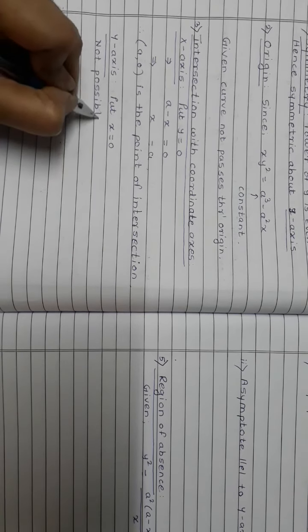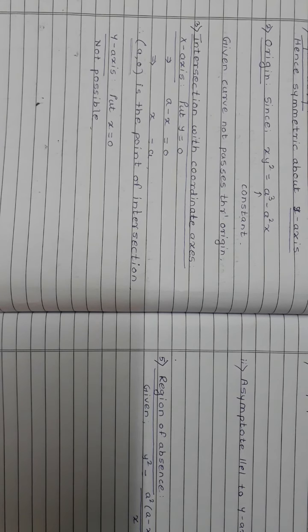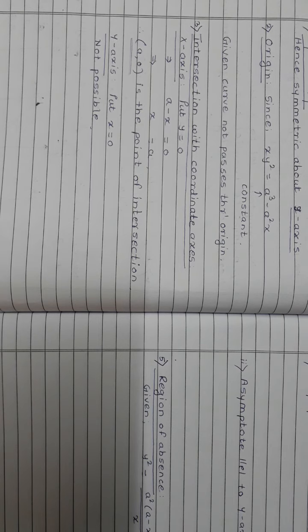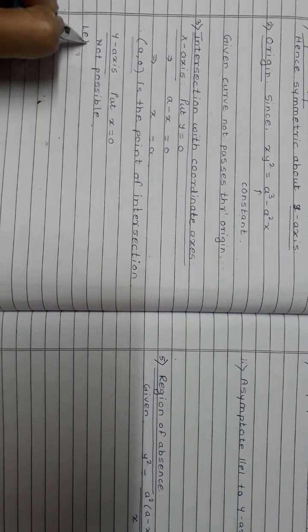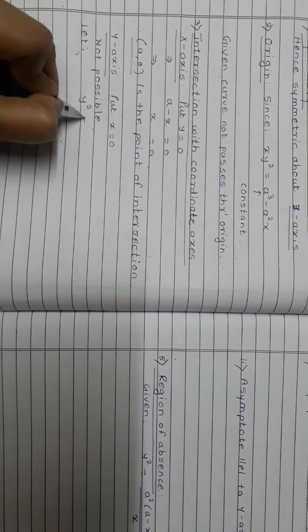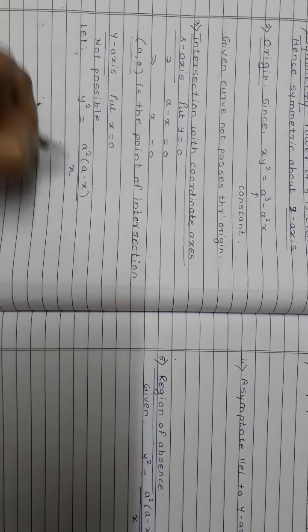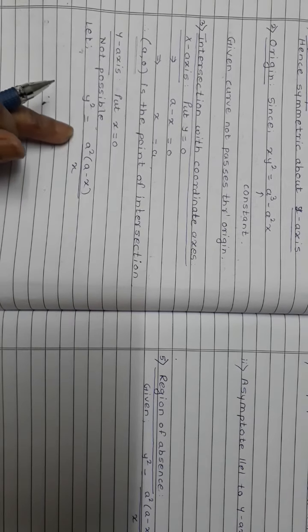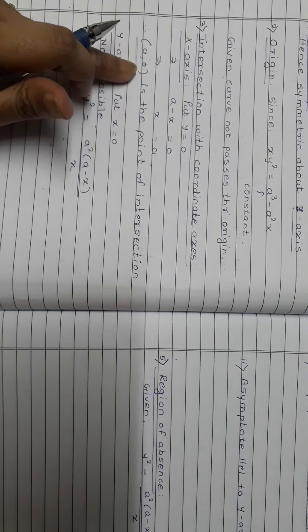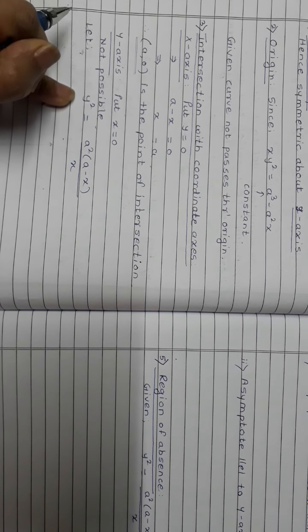Now note that since I got this point (a, 0) in the intersection, straight away I need to figure out the tangent at the point (a, 0). For that, let's start with the given equation, that is, y square is equal to a square into (a minus x) divided by x. You need to find dy by dx, evaluate the derivative at the point (a, 0), and depending on whether it is infinity, 0, greater than 0 or less than 0, we are going to decide the tangent.